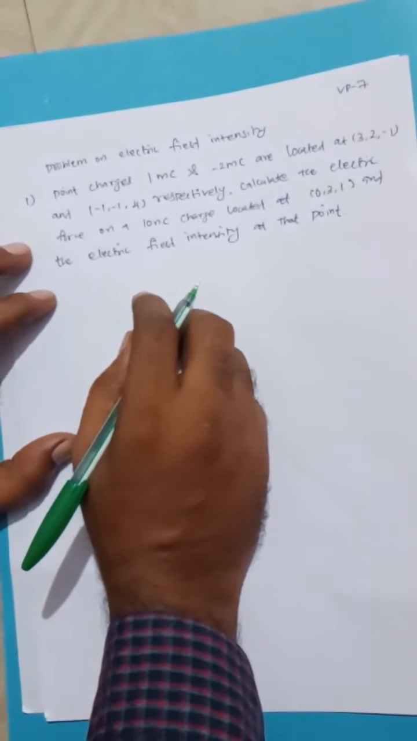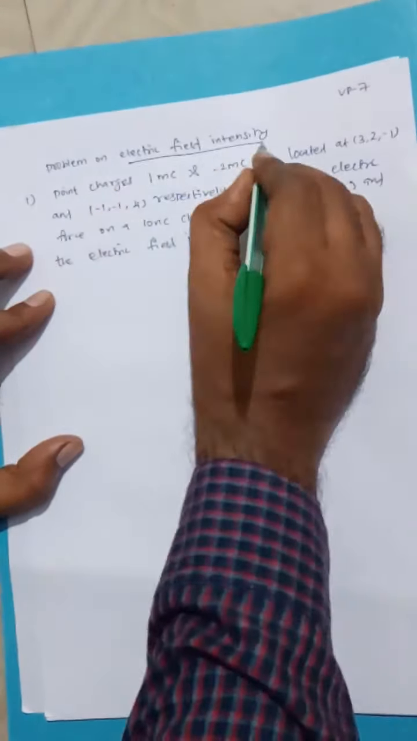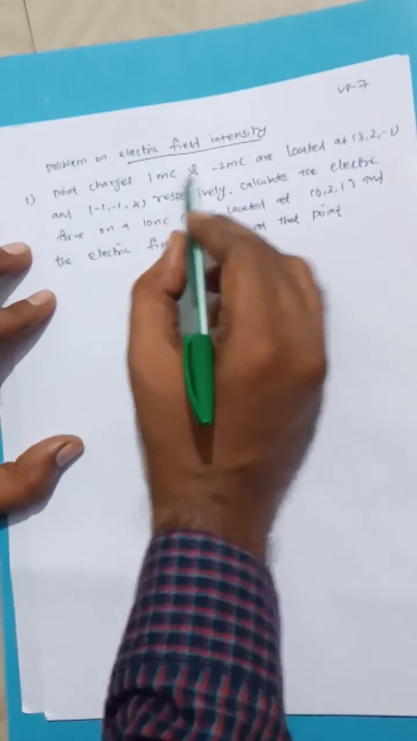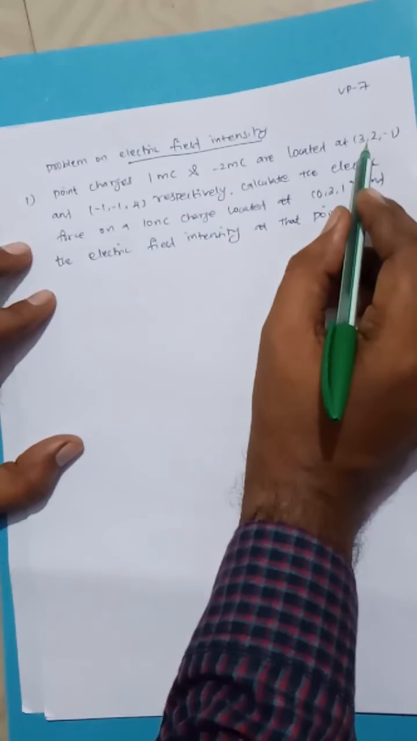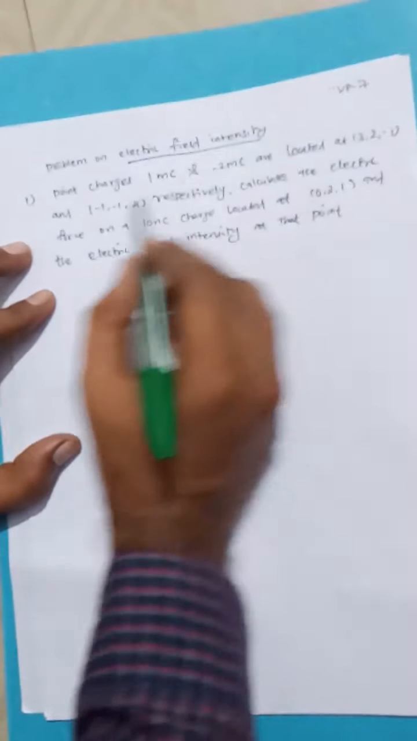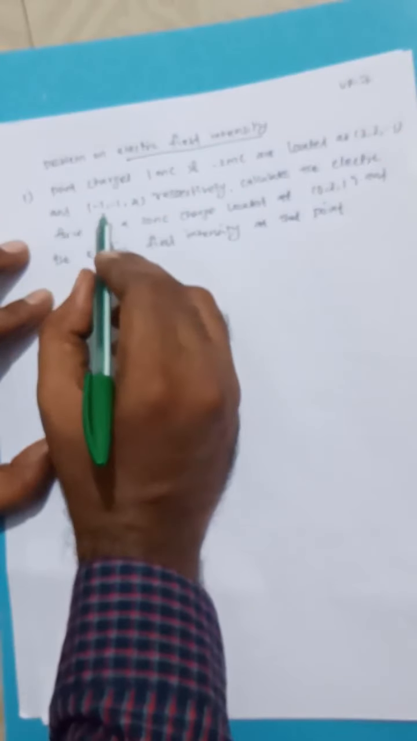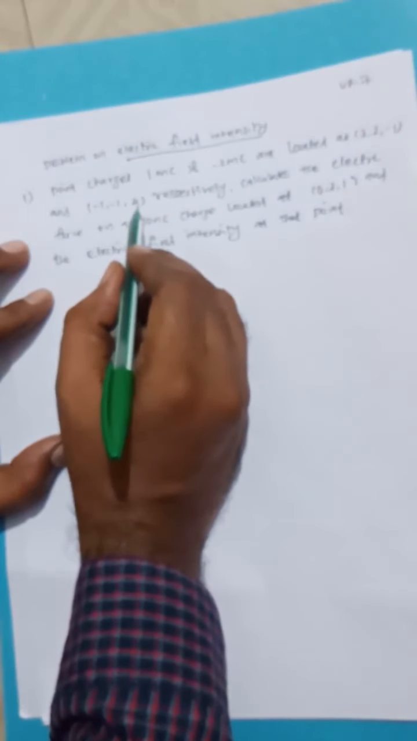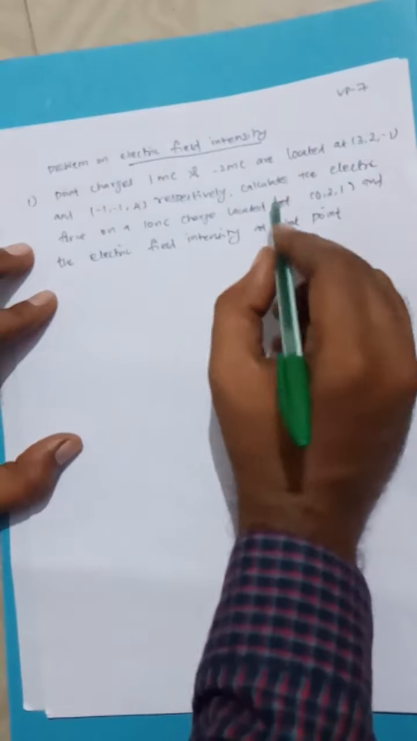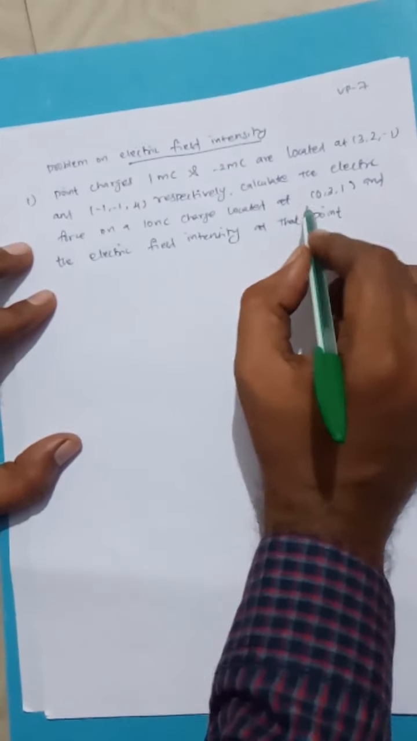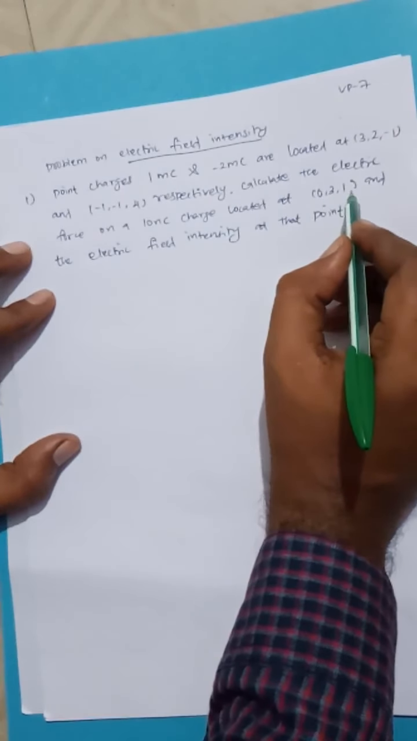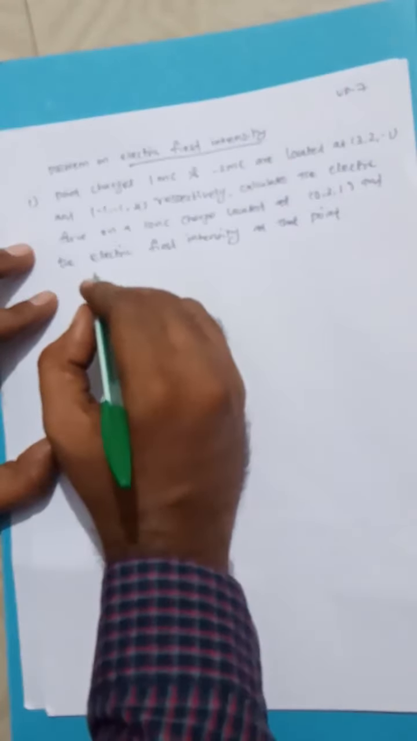So now we will see one problem from electric field intensity, using Coulomb's law. The given point charges, 1 millicoulomb and minus 2 millicoulomb, are located at the points (3, 2, -1) and (-1, -1, 4) respectively. Calculate the electric force on a 10 nanocoulomb charge located at the point (0, 3, 1) and the electric field